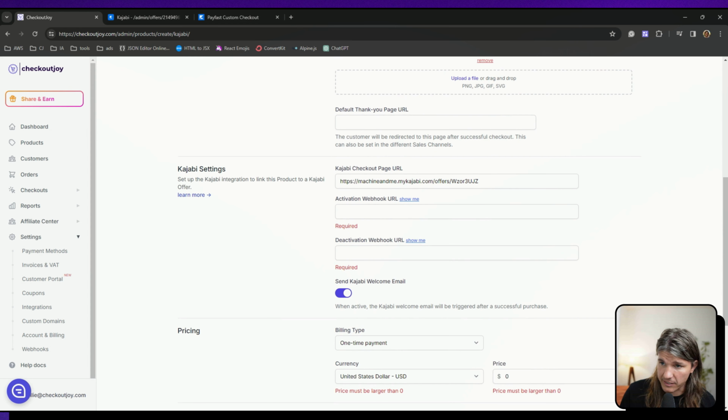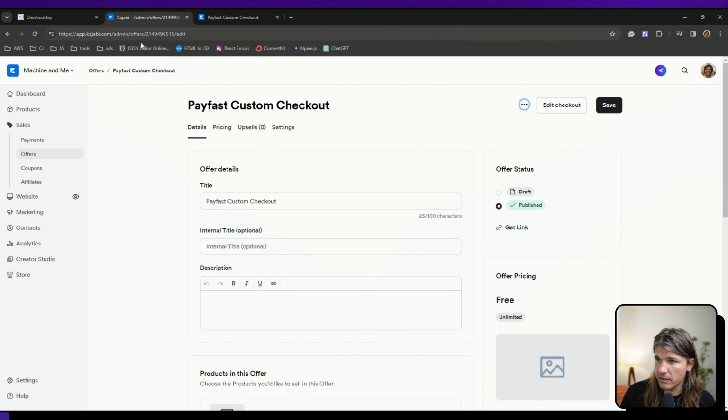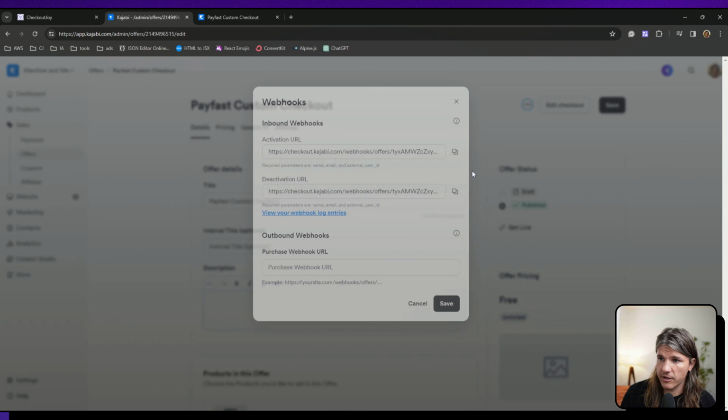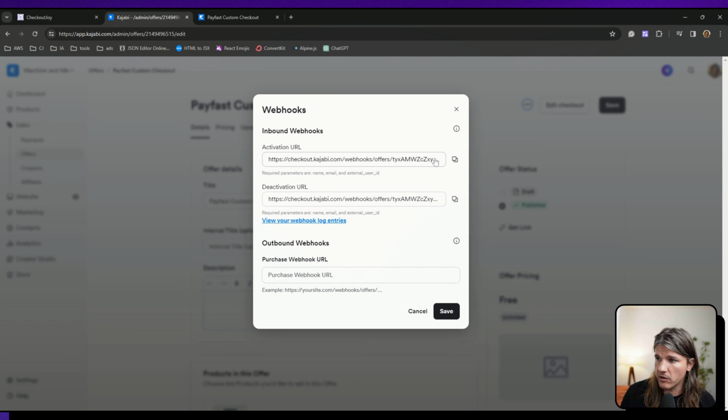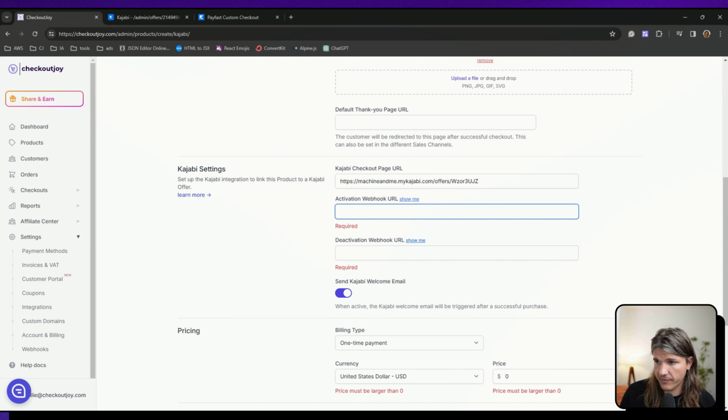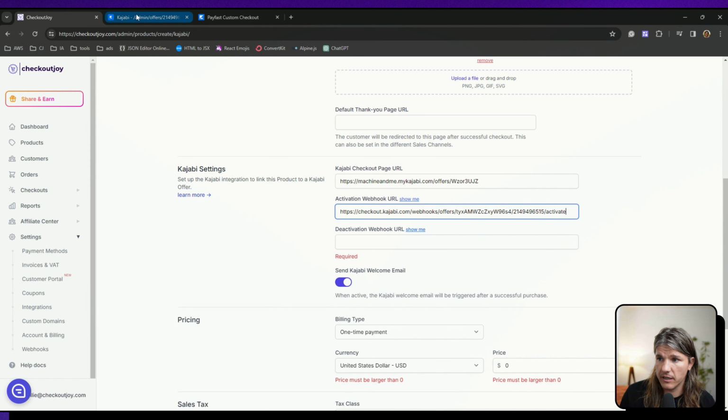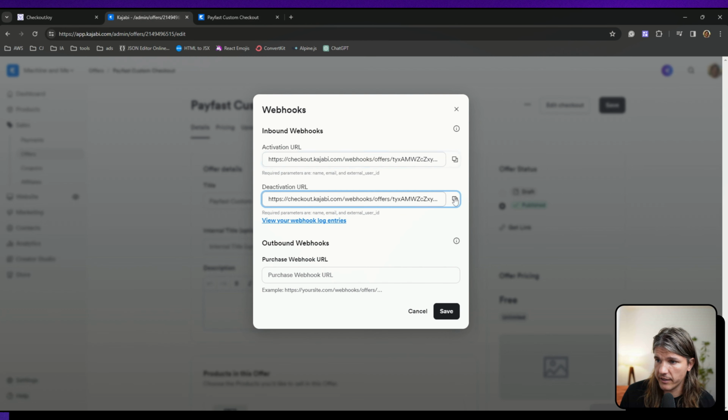All right, Kajabi settings. This is the important part. So activation URL and deactivation URL, that is what is needed. So when a purchase is made on the CheckoutJoy side, we will use these links to activate the user on Kajabi. So for the activation web link URL, you go to Kajabi. You're still in the offer here, you click on the 3 dots and you get webhooks. And there you go, that's your activation URL. You copy that link, head over to CheckoutJoy, you paste it in there. And the same for the deactivation link. Head over there, copy the deactivation link,